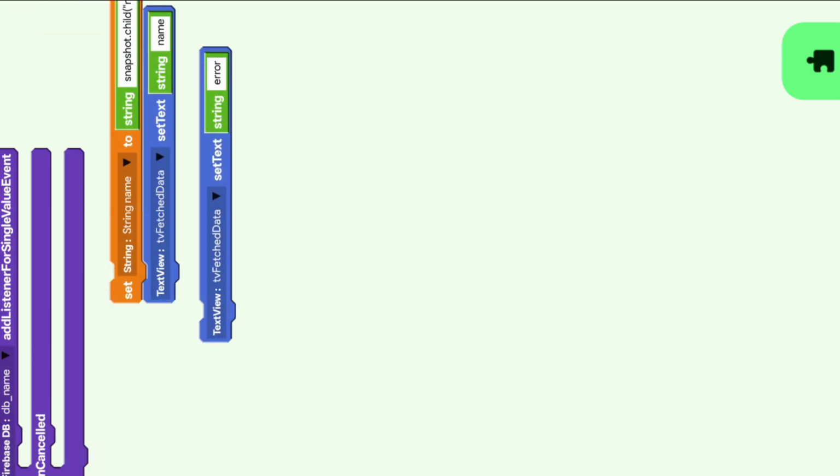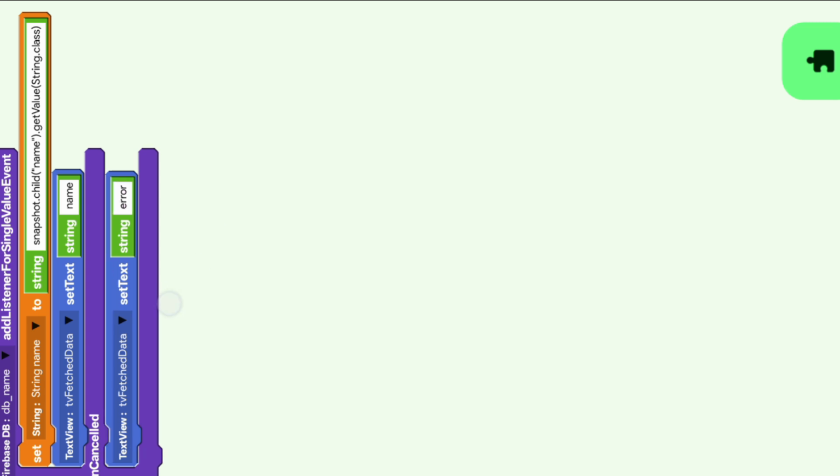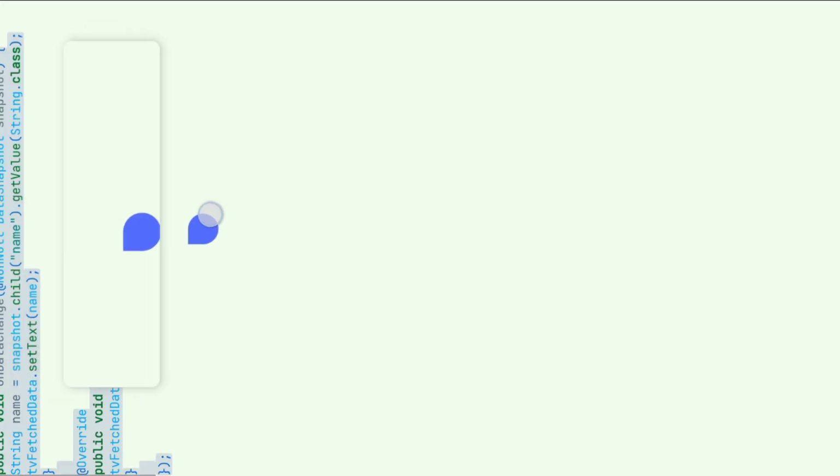So this code I will share on my Telegram channel, so you can download it. The Telegram channel link is in the description. So firstly go to my Telegram channel and join the channel, and I will share this code on Telegram.